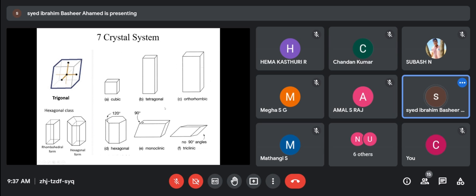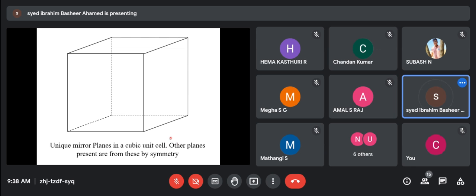Okay, so we have 7 crystal systems. So these normal 7 crystal systems are called a primitive cell, where you will have the lattice point only at the corner of the system. Okay, you will not have a lattice point anywhere else, only at the corner, here, here, here, here. Okay, so only at the corner you will have the lattice point. Okay, not at the other places. So such a system is called a primitive cell. All right.